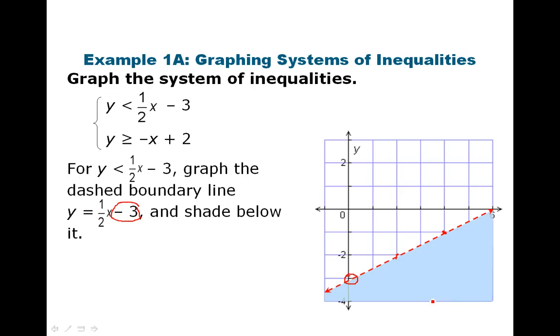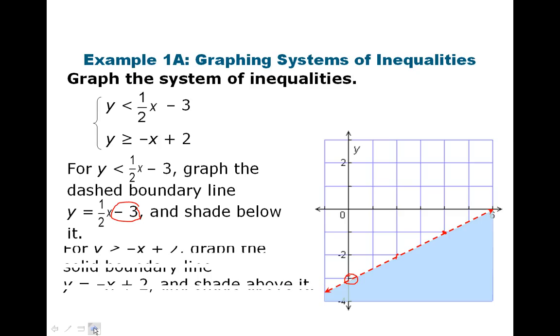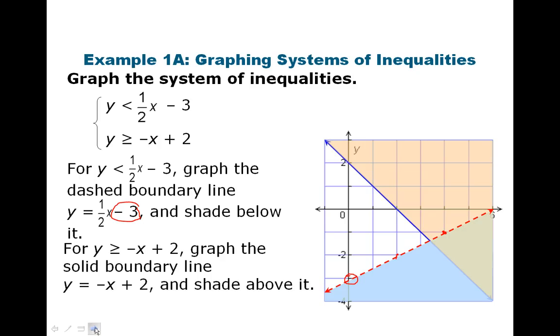And we're going to shade below because we're saying where are the y values less than this line, 1/2 x minus 3. So underneath it is where the region needs to be shaded, where the y values are less than the line. Okay? We also need to graph the other inequality, y is greater than or equal to negative x